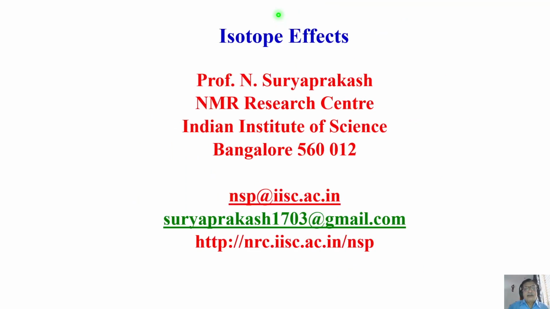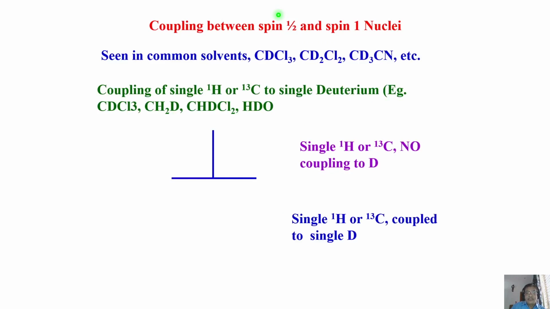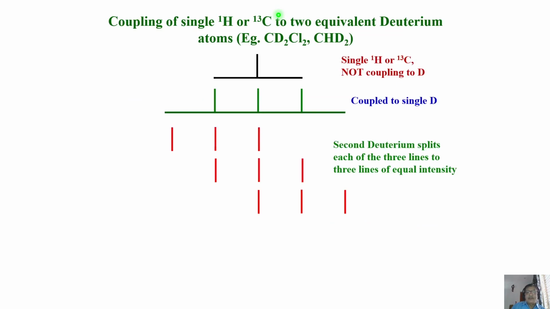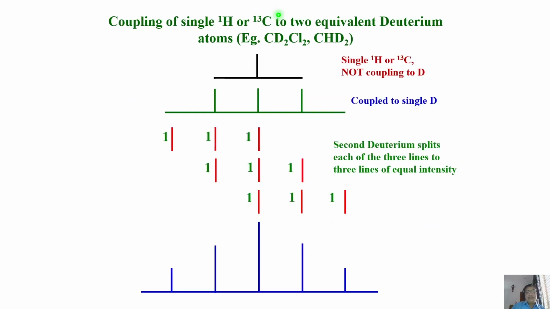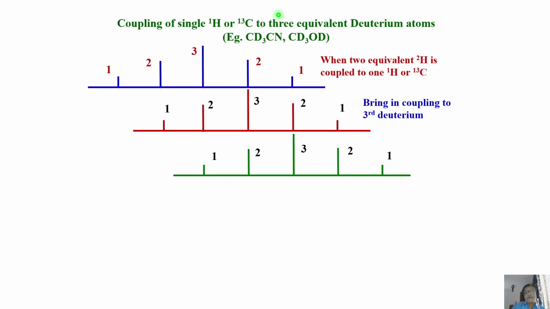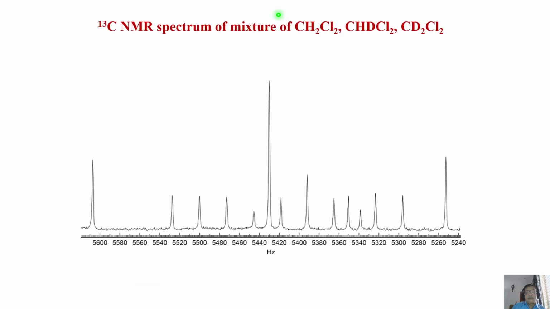This is a very important point. Now I'll discuss something about what is called isotope effects. Of course, just now we discussed isotopic effect. CDCl3 is one thing. It gives 3 peaks, as I explained already. And if you add another deuterium, I showed you, we get 1, 2, 3, 2, 1. And when I have 2 deuterium and 3 deuterium, we get peak intensity 1, 3, 6, 7, 6, 3, 1. And then we also saw how much is the shift in the deuterium position.